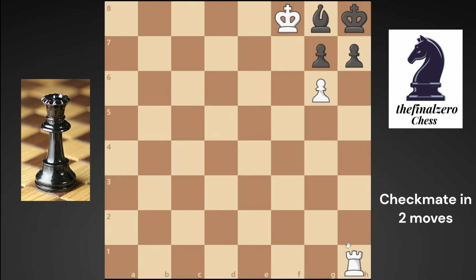Okay, maybe playing a rook in this line and trying to use it from here, but there's no time to do this checkmate in two moves. He either can take the pawn, and even if you play check again, it is not a checkmate because he can cover with the bishop. The only way to do a checkmate in only two moves here for white is to play